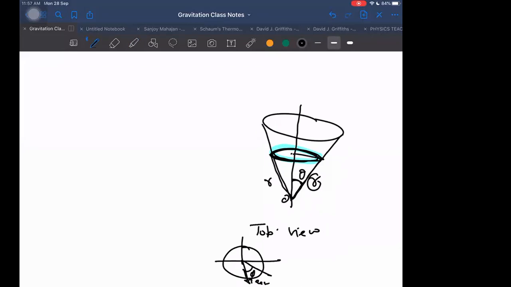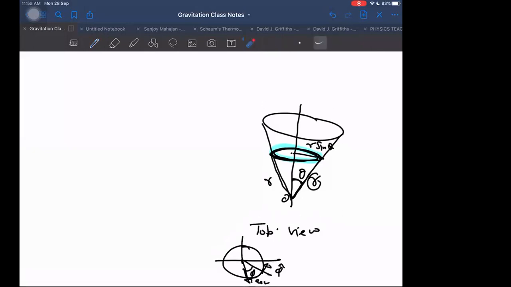And what is the radius of this circle? The radius of the circle will be r sin theta. And this side will be phi cap. Phi cap will be along the tangent, like from here we are turning and this side we are going. So it is phi cap. Understood? And this one will not be r, this one will be r sin theta.